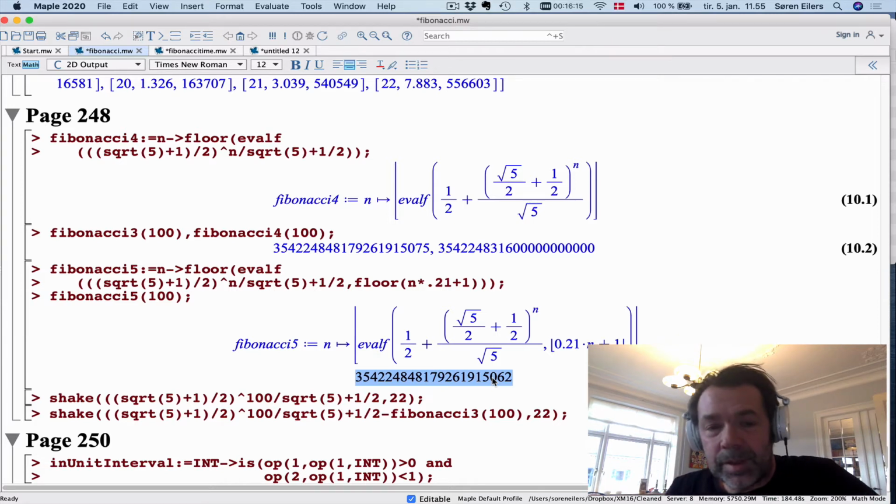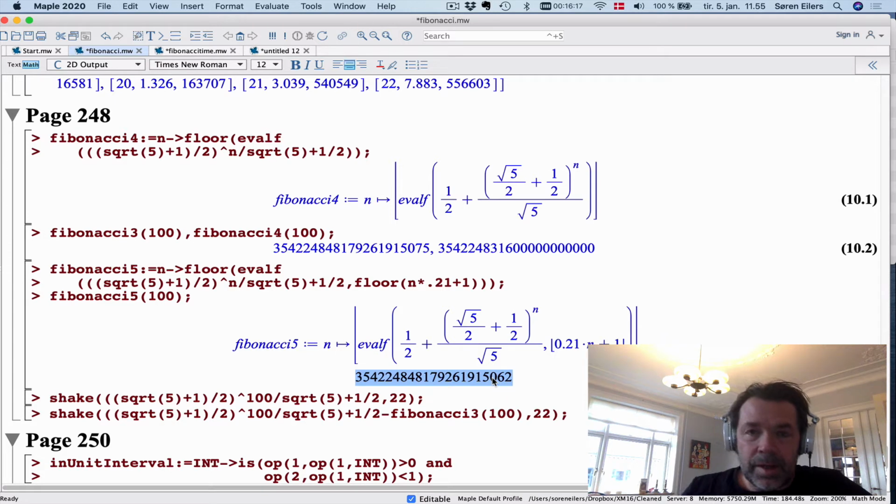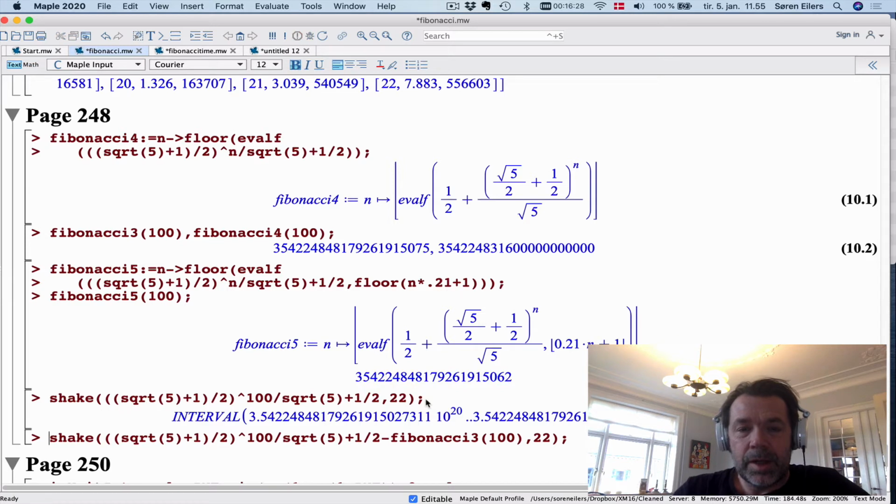Now, in order to deal with these kind of issues, Maple has something built in called interval arithmetic that may be useful for you in your second assignment. It works the way that if I compute a number, for instance, the number that we just looked at, I can say, now make a computation with 22 digits of precision and see what you get. And so what Maple will do is it will say, suppose I have a number given by a floating point description like